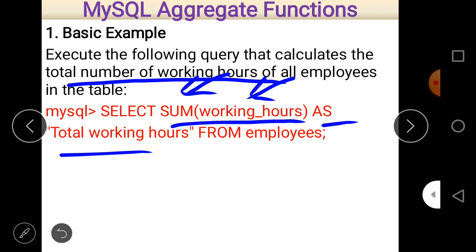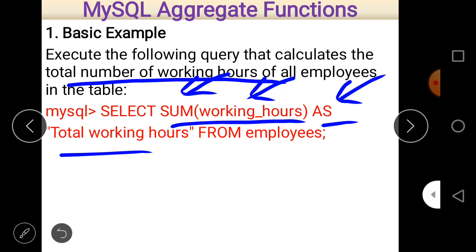So it is good practice to write as to give an alternative name to a column, or the examination may ask you to give an alternative name to a particular column, especially where a function is used. Whenever a function is used, we give an alternative name to it, which provides a better look and feel.